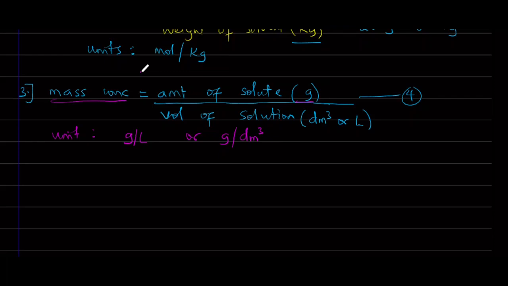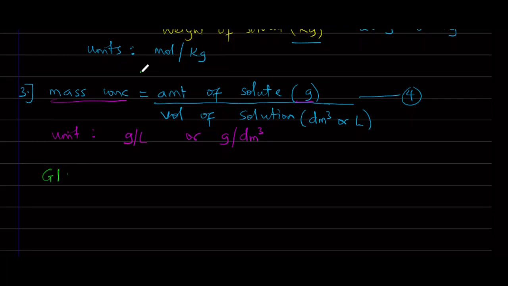Now you will notice that mass concentration is quite similar to molar concentration. Yes, they are very similar, but they don't mean the same thing. Mass concentration works with the amount of solute in gram, while molar concentration works with the amount of solute in mole. As a result of their similarities, we have an expression to relate the two together, and it is given as,